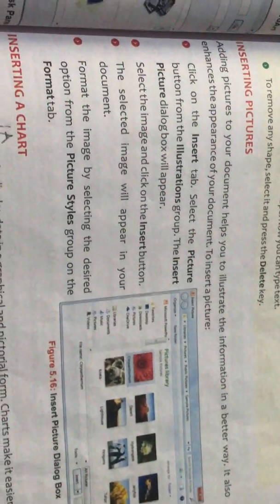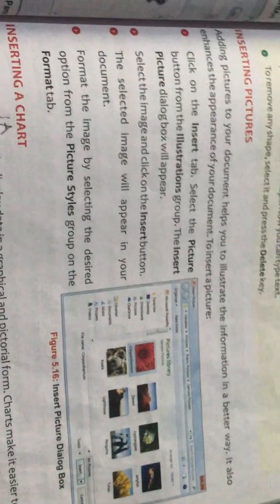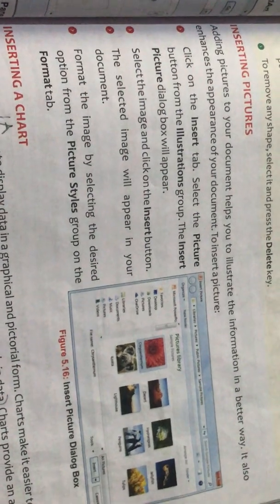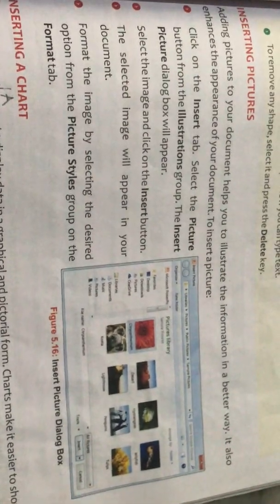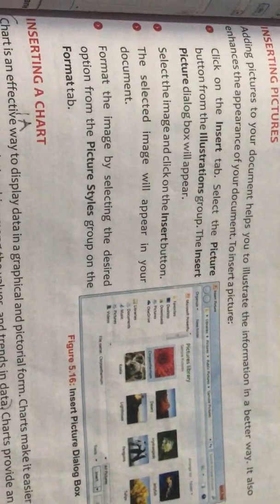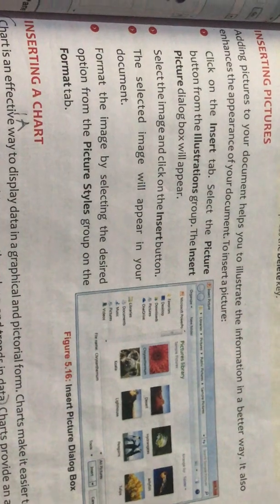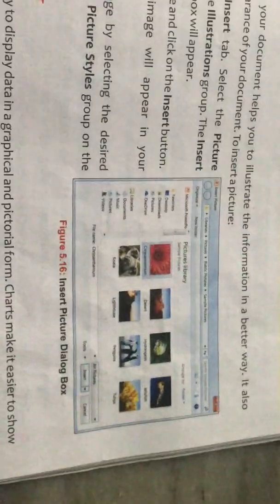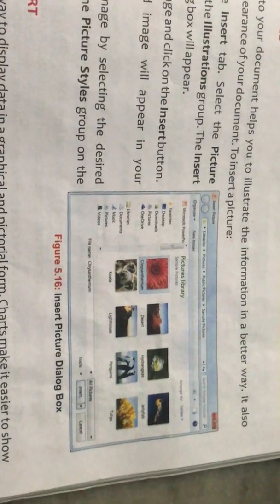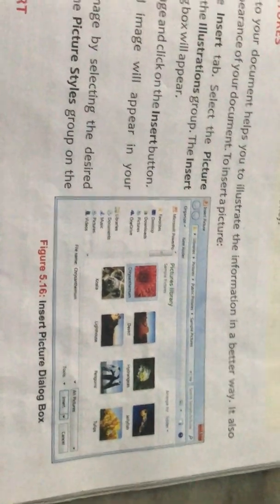The Insert Picture dialog box will appear. Select the image and click on the Insert button. The selected image will appear in your document. Format the image by selecting the desired option from the Picture Styles group on the Format tab. This is the picture, friends.